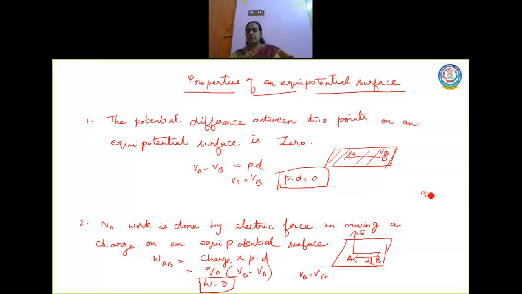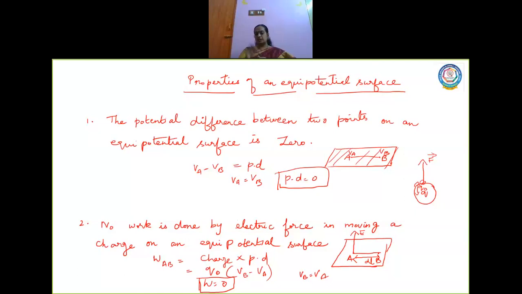I can explain this with respect to force also, children. Again, consider a charge plus Q. You consider a sphere with plus Q at the center, and definitely if you keep a test charge Q naught here, will it experience a force? Yes, and the force acts in the direction as I have shown, because the test charge is also positive. Now there will be a force of repulsion between these two charges, yes or no? Q naught is always positive, Q is positive, so there will be a force of repulsion.